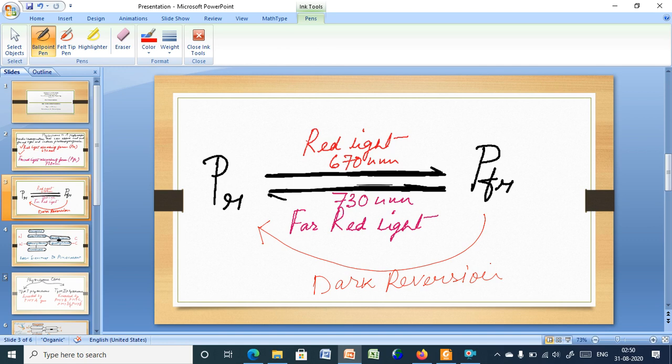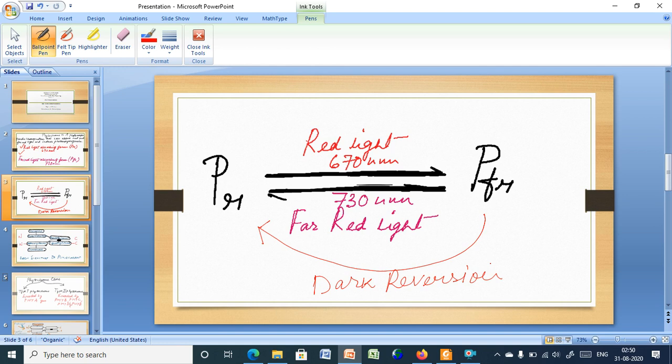Each polypeptide is covalently attached to a pigment molecule, and this pigment molecule is known as the chromophore. Actually, this is a linear tetrapyrrole, commonly known as phytochromobilin,